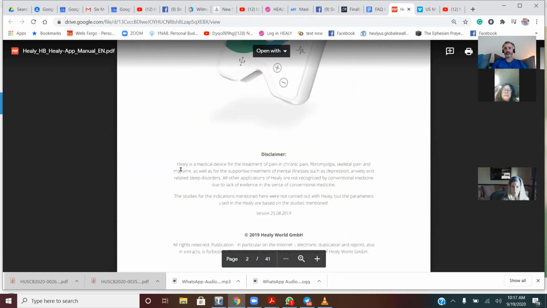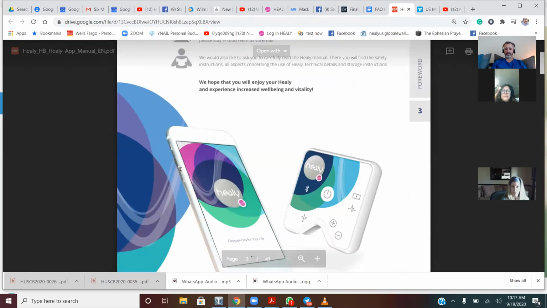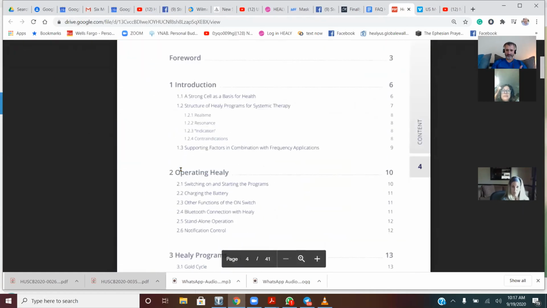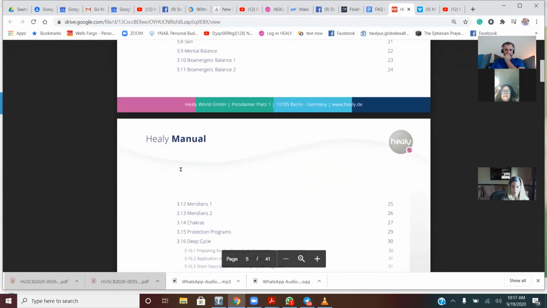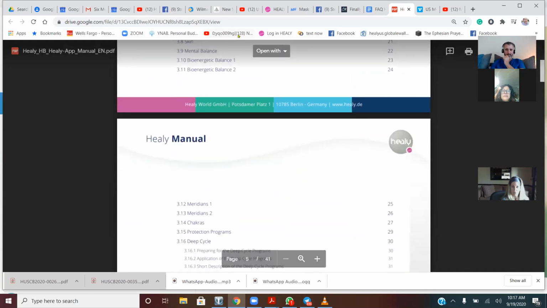And one thing to understand about this specific device manual is that it goes into a little more detail than the one you would find in your US back office. And there's a reason for that. In the US, we have different regulatory restrictions because of the FDA. And as a result, our manual and how you are told to use the device is a little different than the original.